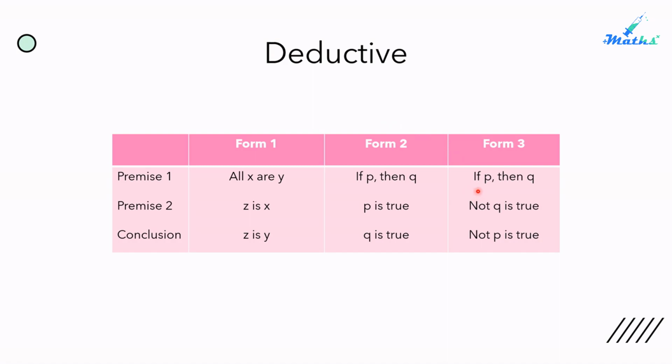The premise one is also P, if P then Q, but premise two will become not Q is true, and the conclusion will become not P is true. So